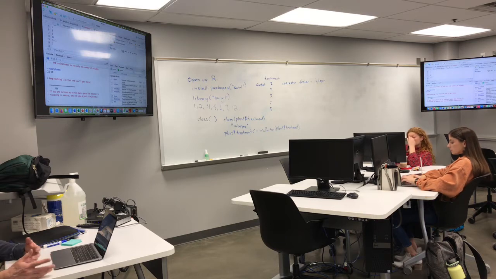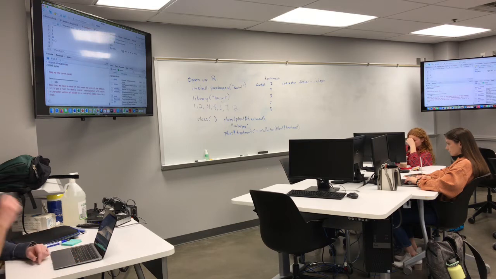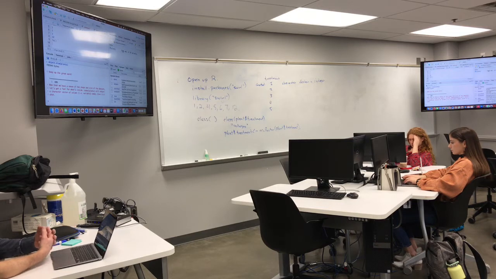One thing I never use is object size because I don't really care how big my total data set is, because I don't know what I would do with that information. But this is 745,944 bytes. The only reason that you might want to do this is if you're dealing with really gigantic data